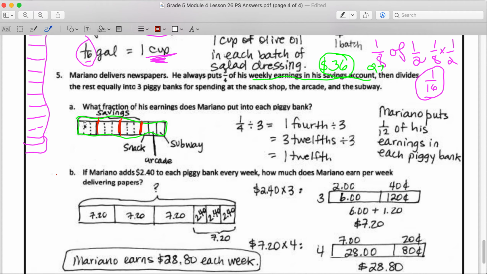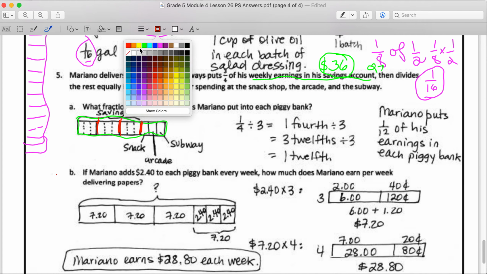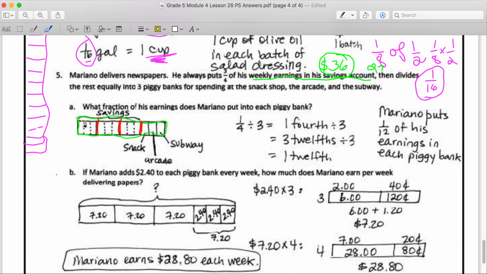Remember I said that 3 of them, I'm going to use a different color so that you can see it. I'm going to highlight it in yellow. That way you can still see the lines. So here's 1, 2, 3. So 3/4 went into savings. And then he's going to take the rest and give 1/3 to snacks, give 1/3 to arcade, give 1/3 to